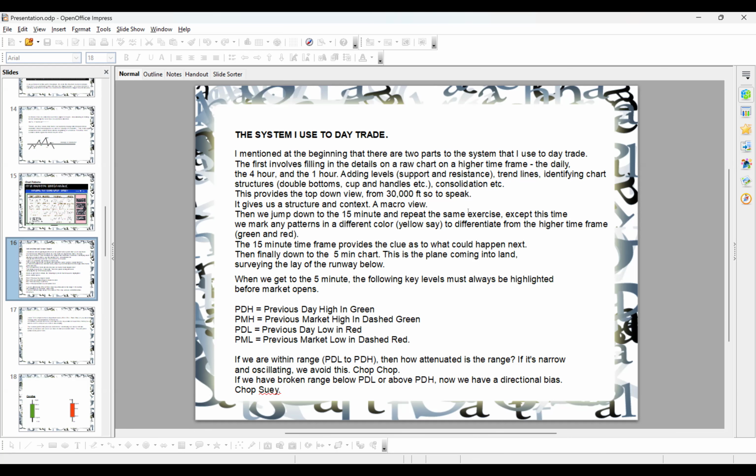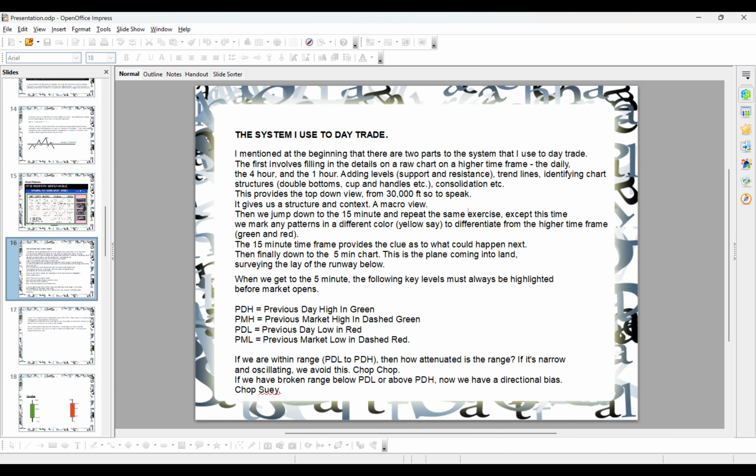And you may say, well, why are you doing that? Well, I want to see, is price action in range? Meaning, is it encapsulated between the high and the low of the previous day? Because if it's in range, we could be consolidating, which means I have to go back up maybe to the 15 and back up to the 1 hour to see if it is consolidating. And we get into a situation like we had today where there was chop. Okay, so that's why it's important to highlight these levels so you can figure out if you're in range or